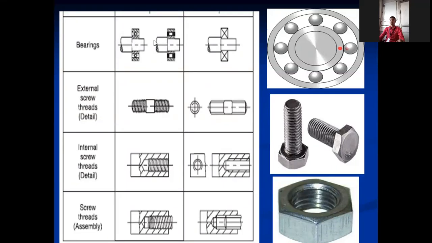And how the bearing is shown, the symbol is in front of you. Are you remembering when there is a square, and we join its diagonal, what is the meaning of this in our machine drawing? Square with diagonals means it is a square. Here also it is a square. Once I have told a certain meaning: when there is a rectangle and its diagonals are joined, it means it is a sphere. Circle, these two lines are crossed.